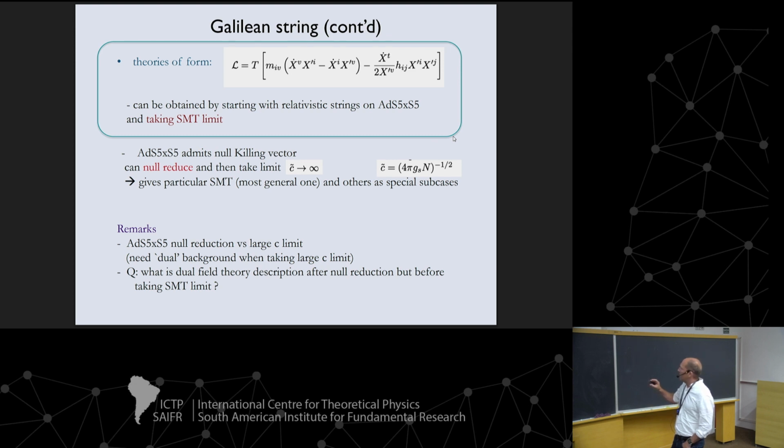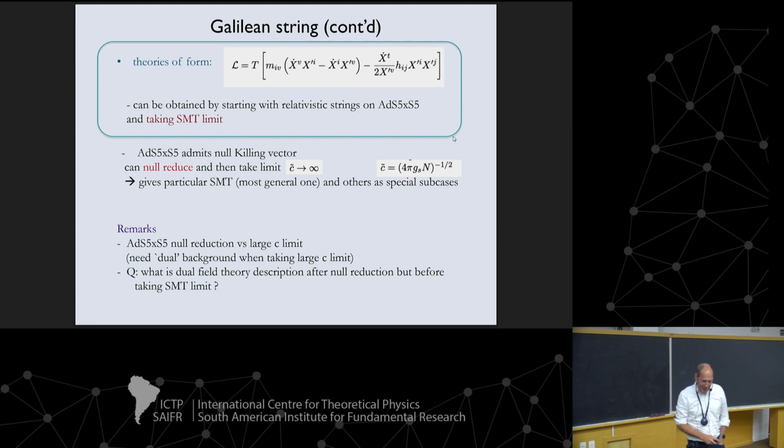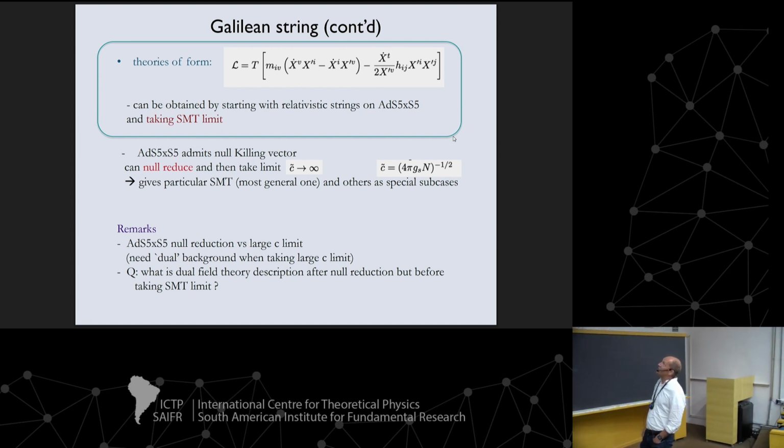So here comes this simpler class. Theories of this form, and you see here this M field that I told you about before, these transverse directions, these embedding coordinates. That's the claim here, and I will illustrate it with one little example. They can be obtained precisely by starting with relativistic strings on AdS5 × S5 and taking this SMT limit. How does this go? Well,